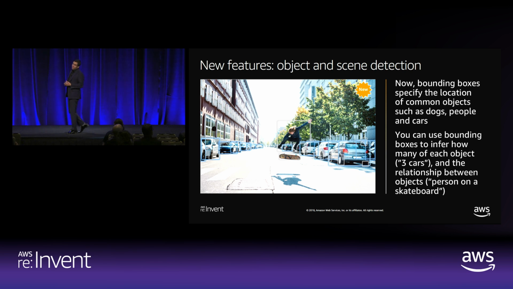We launched object recognition in 2016 at re:Invent 2016. We have been continuously improving the model with better accuracy, adding more labels. But I'm super excited to tell you that a couple of weeks ago, we announced our brand new object detection model that's available to you as part of the same API. We call it Detect Labels.